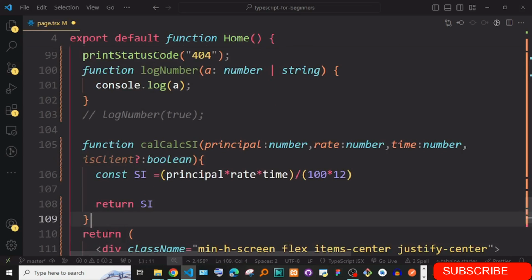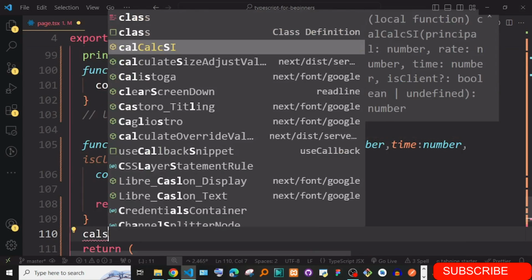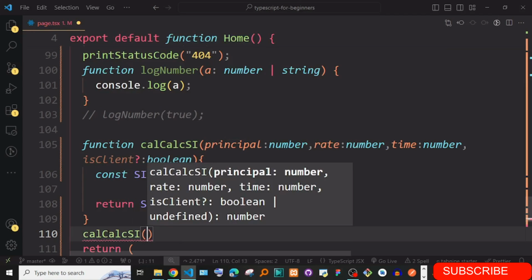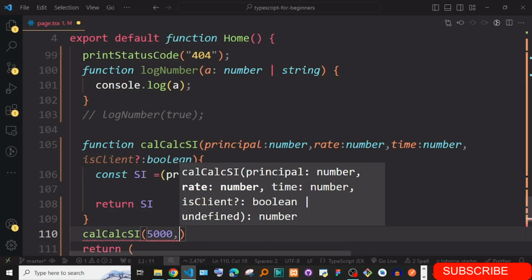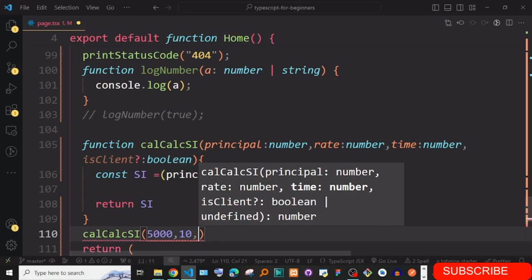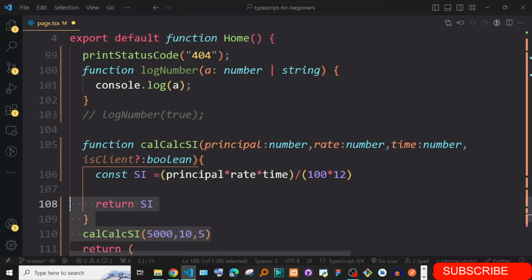Okay, so just come here and you can say calc simple interest, and we can go ahead and pass in things like 5,000, rate of 10, time of 5 months, and so on. And you see we have it clearly here.